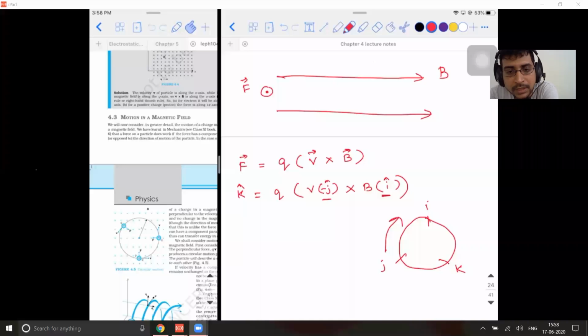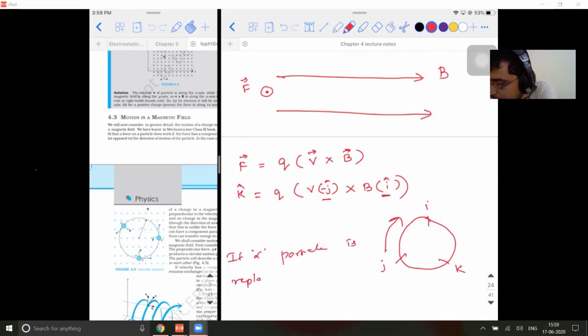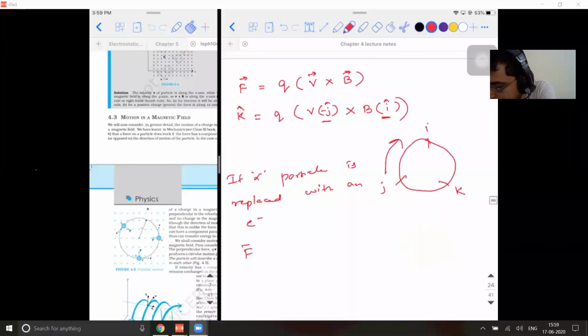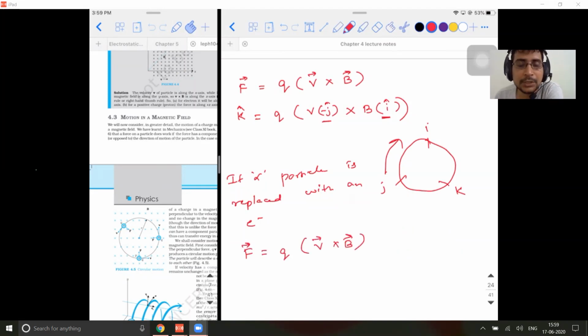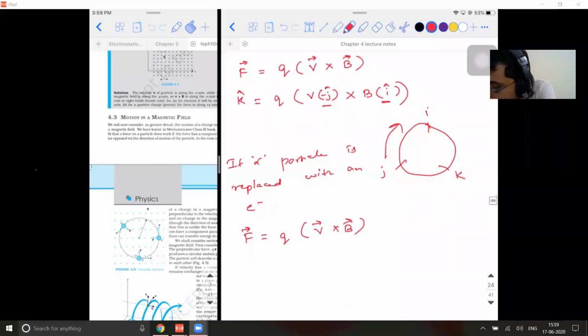If I twist the question like this, had I told instead of alpha particle, I'm projecting an electron, then what will be the answer? If alpha particle, it will be minus j cap. If alpha particle is replaced with an electron, how do I find? Again, I'll follow the same thing. Just because I took a positive particle, I'll not take. I'll apply the same rule. Q into V vector cross B vector. Right. By the way, this rule can be applied to find the direction of a charged particle also. In your 10th, you would have learned only for a current, for finding the force on a current carrying conductor. It is not necessary. You can find the force on a charged particle also. So F vector is equal to Q into V vector cross B vector.